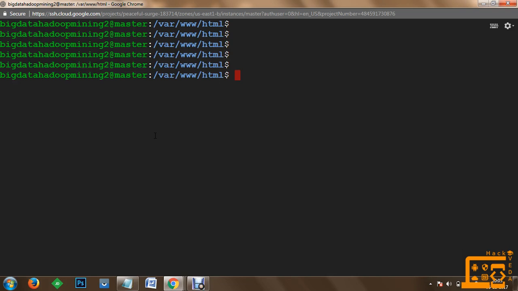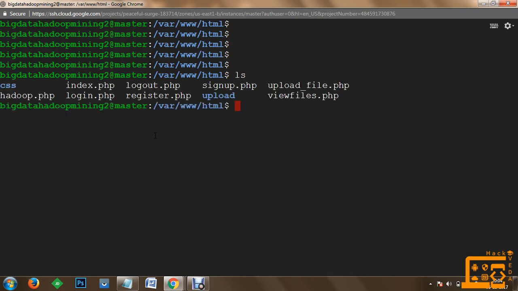Now once this has been installed in your machine, you need to do some modifications. You need to give permissions to this upload directory. So let's do that. Sudo chmod, use the option recursively, allot the 777 read write execute permissions to the upload directory.